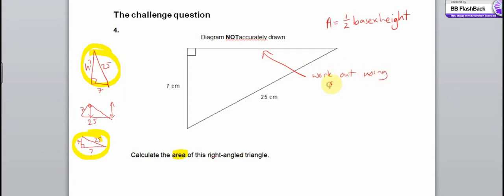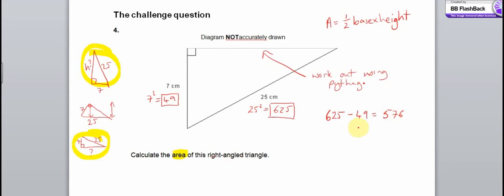using Pythag. So there's 3 steps to Pythag. First of all, you square everything. So we've got 25. So 25 squared is 625. I put it in a little box there. 7 squared is 49. Now we have to decide whether we add or subtract. For this one, we know the longest side and we want a short side, so we subtract. So we do 625, and then we subtract the 49, which gives us